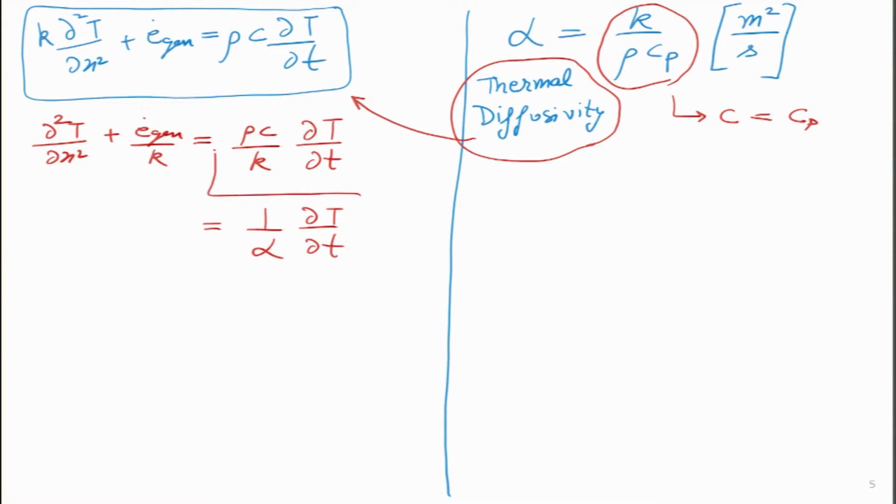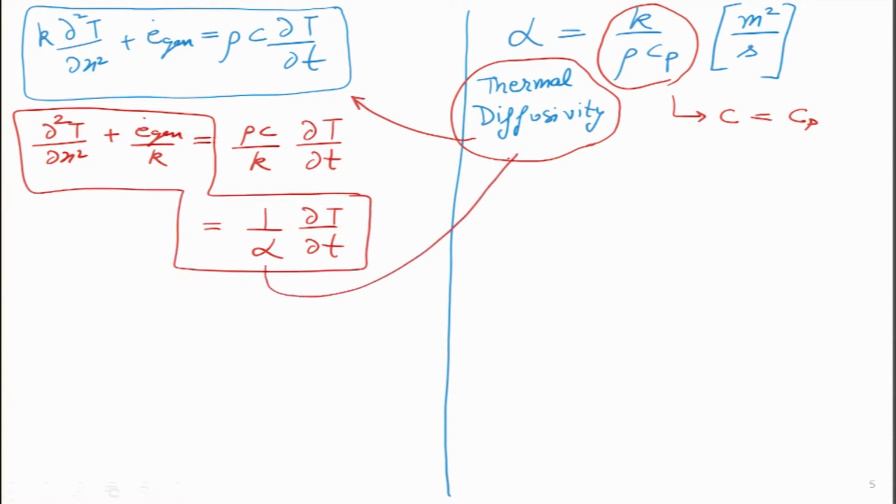So, this is another way in which we can represent the 1D heat conduction equation, and over here alpha makes an appearance, which is the thermal diffusivity term. It is given as the ratio of k, which is thermal conductivity, divided by rho density, and C specific heat. So, there is a very good significance of thermal diffusivity. It is also considered as the ratio of the heat conduction divided by the heat storage.